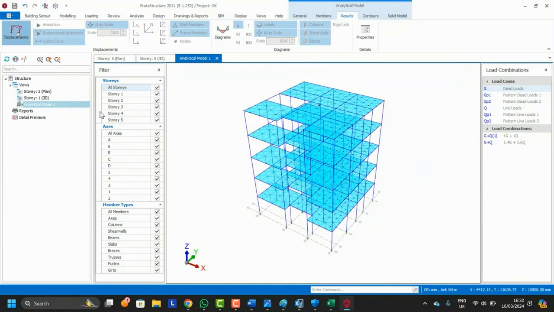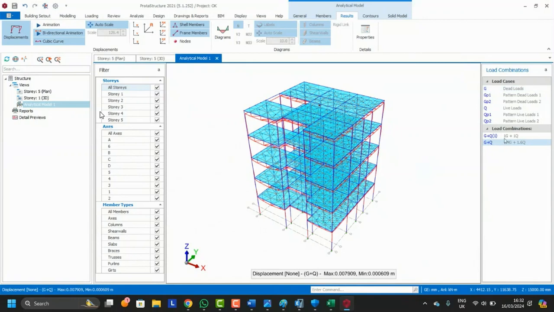To displacement. So this is the displaced figure. I'll just go with the ultimate. As you can see, we have two load cases. We have the ultimate, the bottom one, then we have the service load. And this one is also giving you the maximum deflection as 0.007. This one is in meters. When you convert this one to meters,